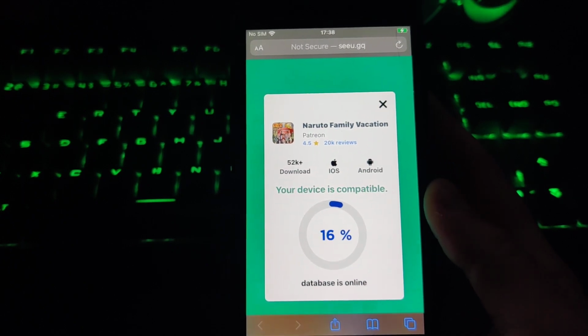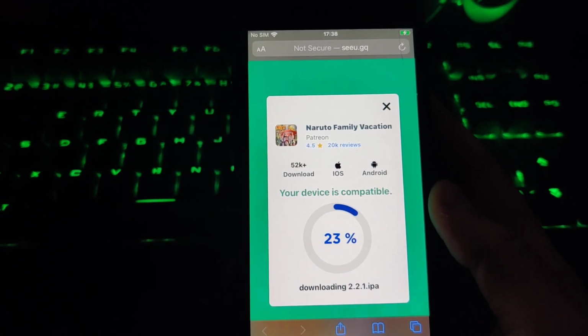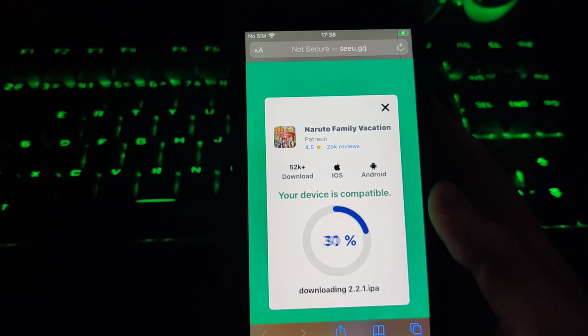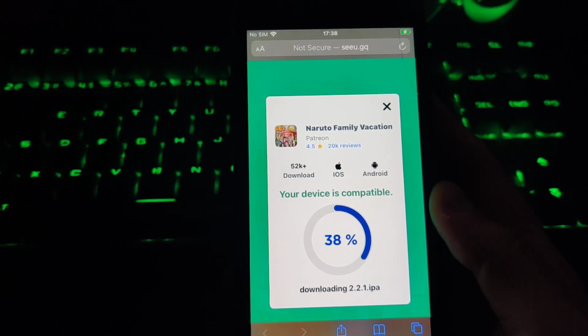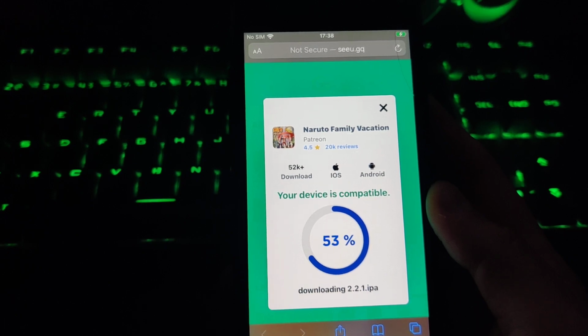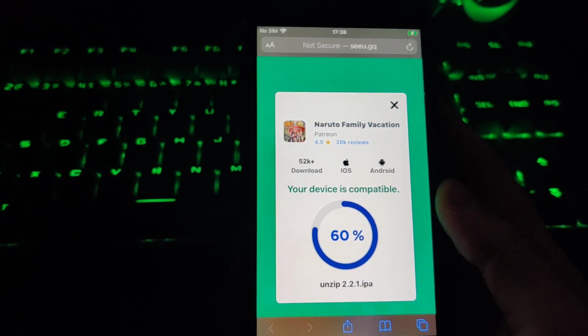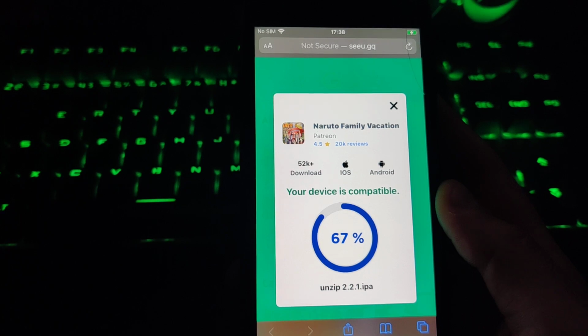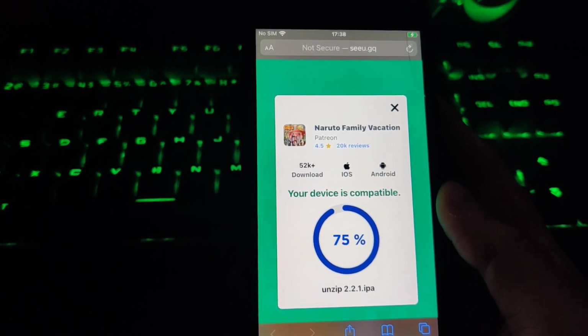In some countries, for example, you need to complete some verification or some captcha, but it depends on your country. In my country that is not necessary, so what I need to do is just wait for the download to finish,